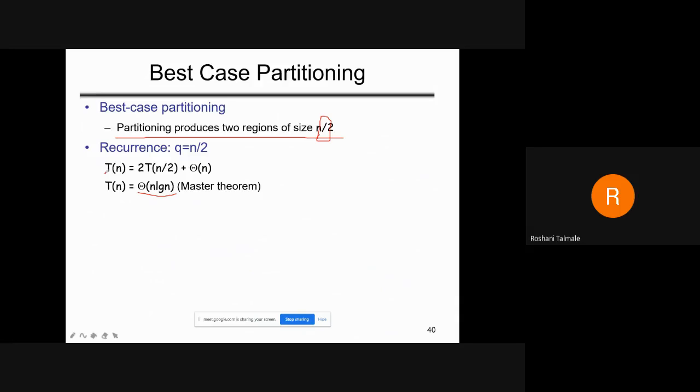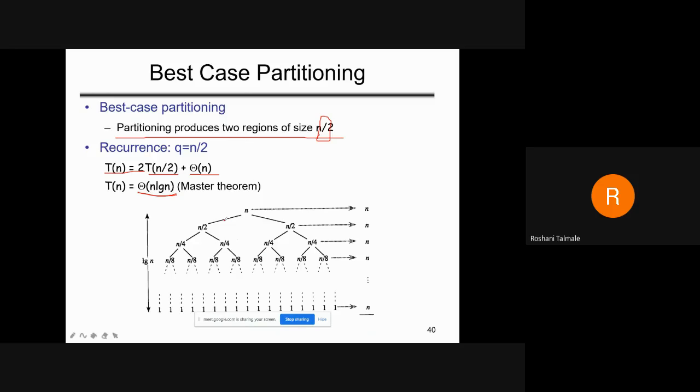Again here we have to remember it is 2 times, so we are considering alpha as 2: T of n equals 2 T of n by 2 plus theta n. As per the previous case, it is also n log n. In the next case, when we solve the problem, we will discuss this in more detail. So why are they trying to explain it?